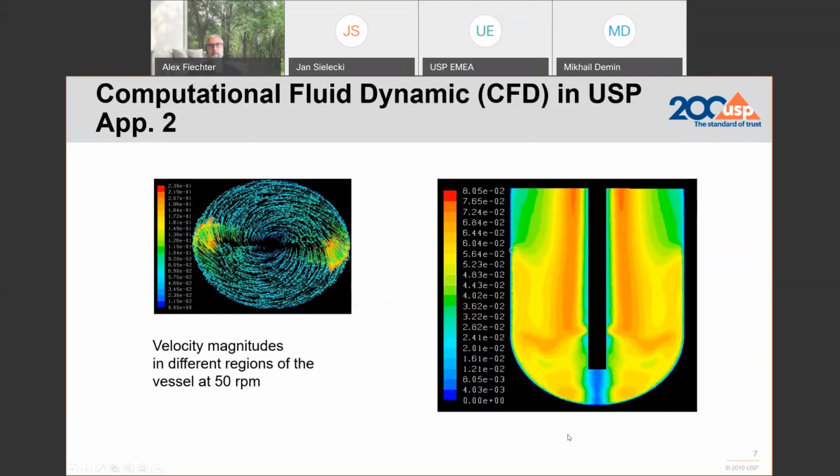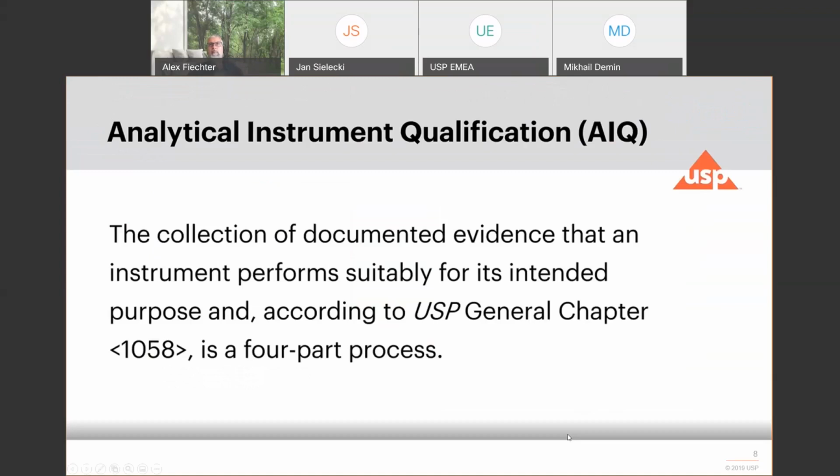This is essential. But before even doing the PVT, we are looking at the instrument qualification, the AIQ. And we have a chapter for that that is called 1058, which is an informational chapter. All chapters above 1000 are for information purposes only.